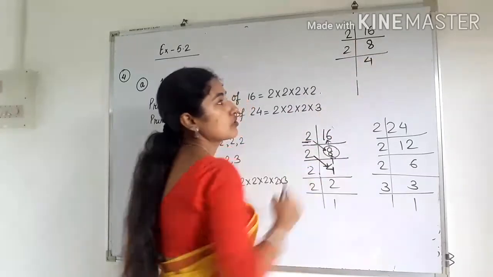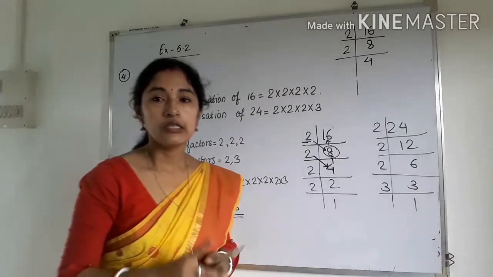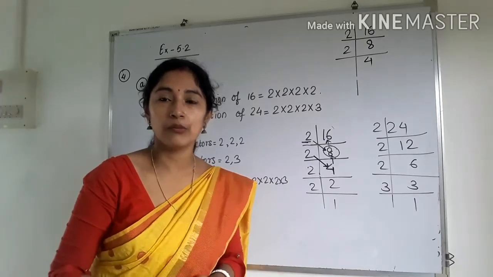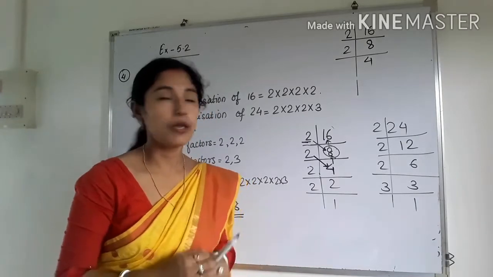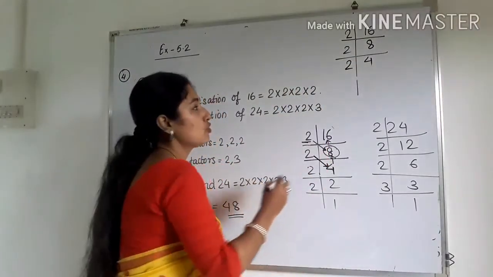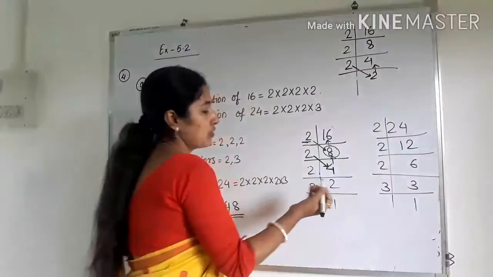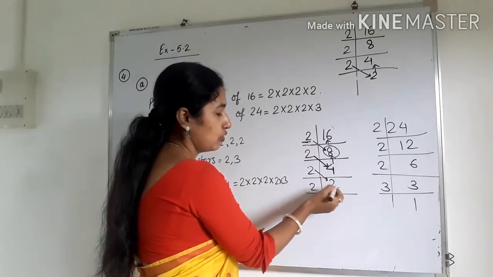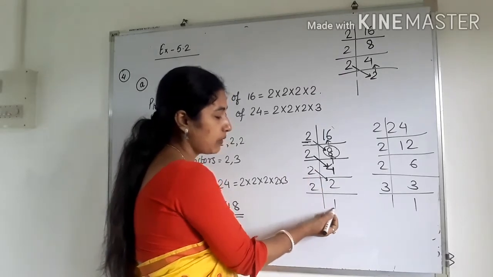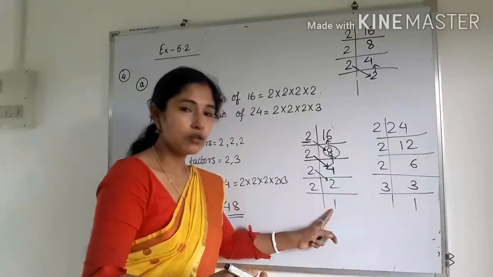So again you know 4 is divisible by 2. See, 4 is divisible by 4 also, but 4 is not a prime number. Okay, 4 is a composite number. So we cannot take 4. Okay. So again we have to take 2 because 2 is a prime number. So 2 2s are 4. Like that again it is 2. So 2 2s are 4. So again 2 is divisible by 2. So 2 1s are 2. So we have to do like this till we get 1.